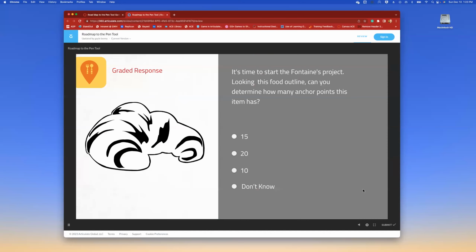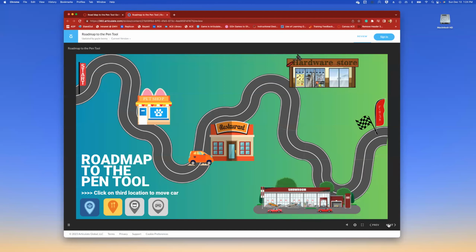Oops, you have to click yes. It gives them another tool, looking for this food outline. You can determine how many anchor points this item has, and then submit. And then you move right back to the game board. So as they go through,